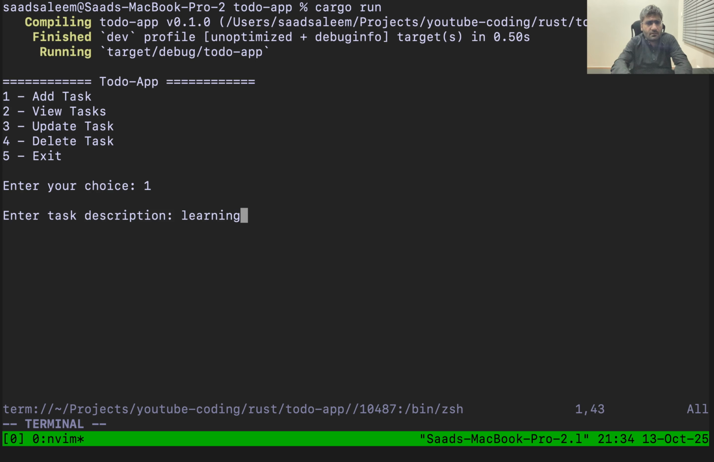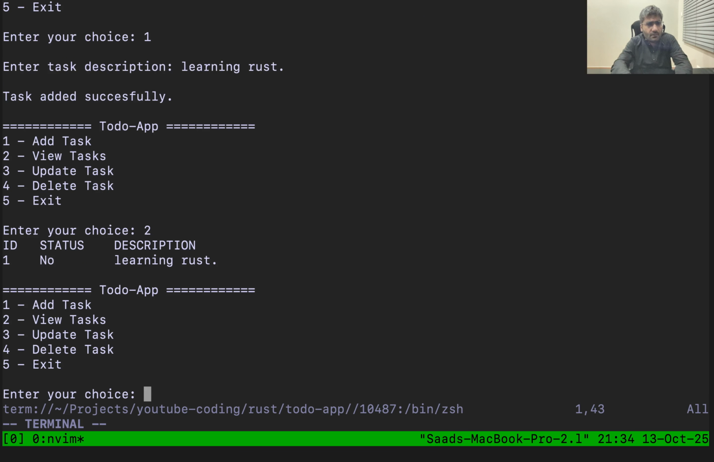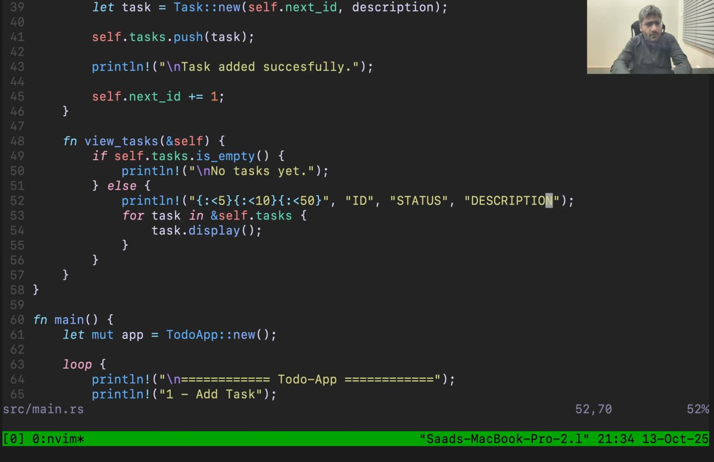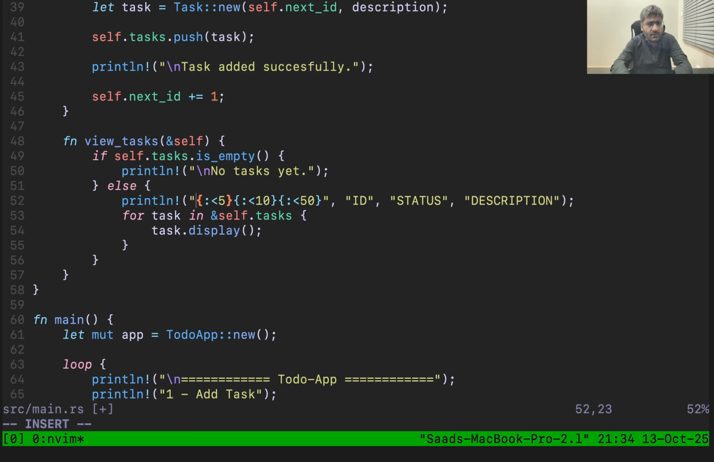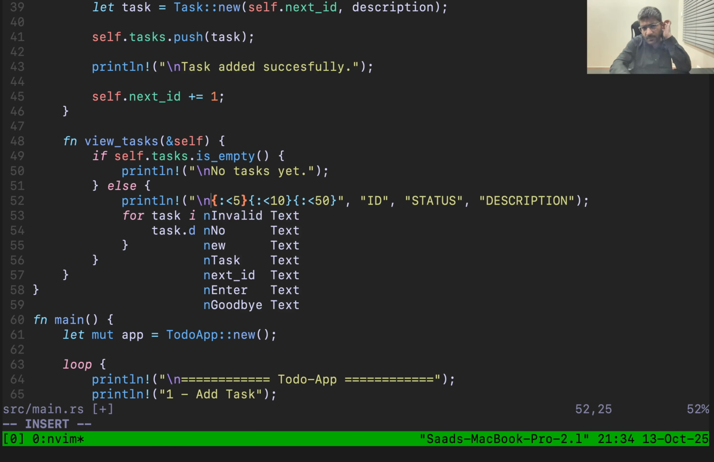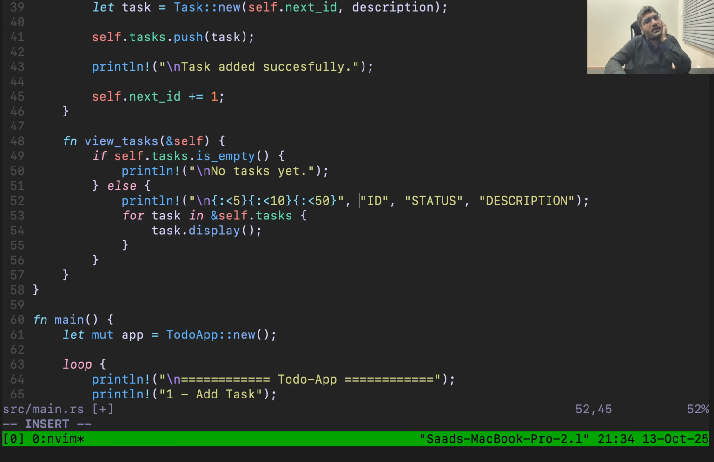Okay, it's looking fine. 1, 2, and okay, it's looking perfectly fine. One more thing we have to edit here. There should be a line break, I think. Okay, the line break should not be here. There's a line break, and what else do we need to do now? Let's test this one more time,